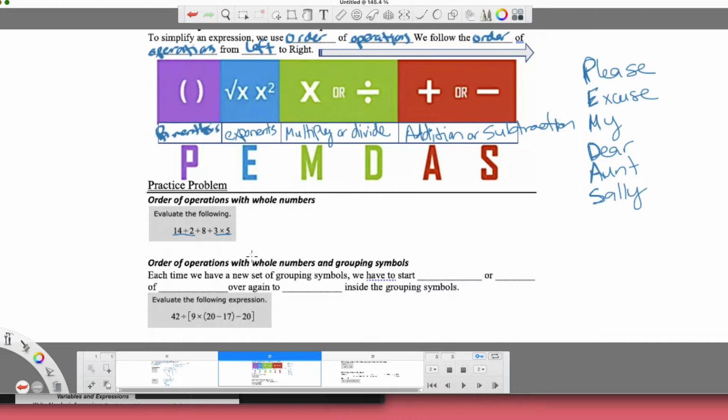So I'm going to go 14 divided by 2, because that's the first thing I come to, and then plus 8 plus 3 times 5, that's 15. So I did both of them at the same time. I have 7 now and I have 15 because I went from left to right. Okay. Some students, I understand you need to kind of slow down a little bit more and look at this and go, okay, it's 14 divided by 2 is 7, plus 8 plus 3 times